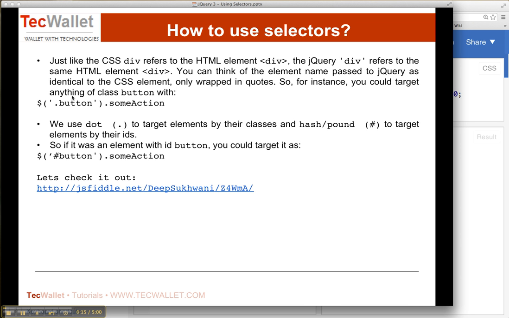So just like CSS, div refers to the HTML element div, which is inside the open and close angular bracket tags, the jQuery div, which is inside the single apostrophes, refers to the same HTML element div. So you can think of the element name passed to jQuery as identical to the CSS element, only wrapped in quotes. So for an example, you could target anything of the class button with